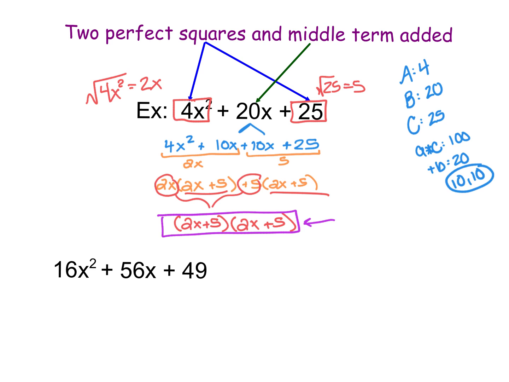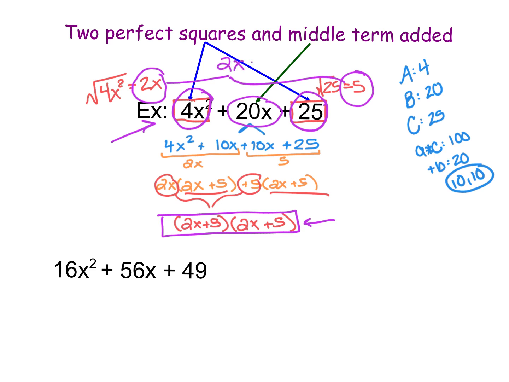pattern. And then if I look even more closely, what I see is that 2x and 5 were the square roots of my first term and my third term in my expression. So what you're seeing here is something called a perfect square trinomial. And essentially this trinomial here is built because this first term is a perfect square, this third term is a perfect square, and this middle term is built by taking the first term square rooted and the third term square rooted, taking those two values of 2x and 5,